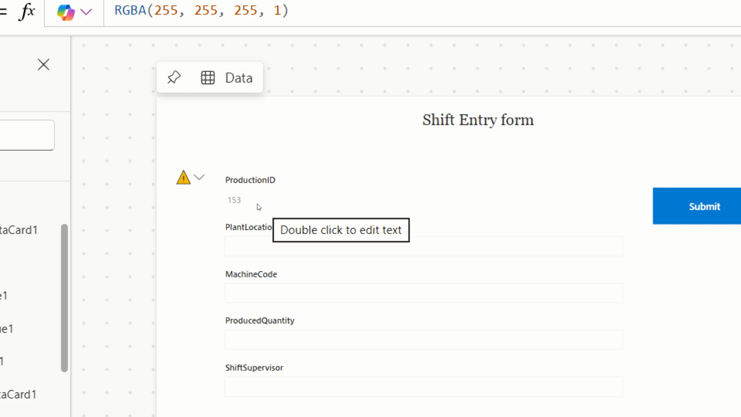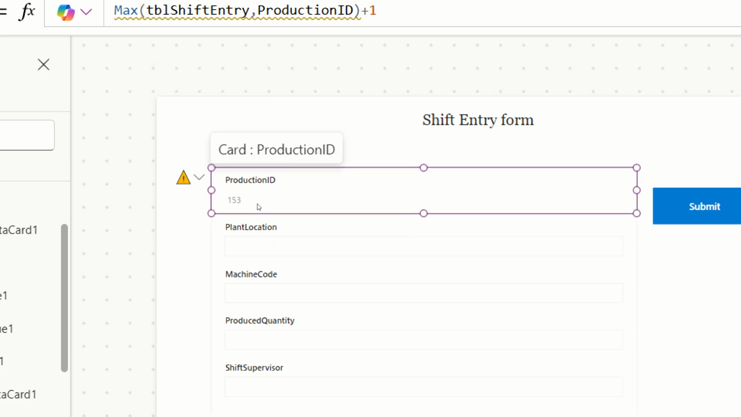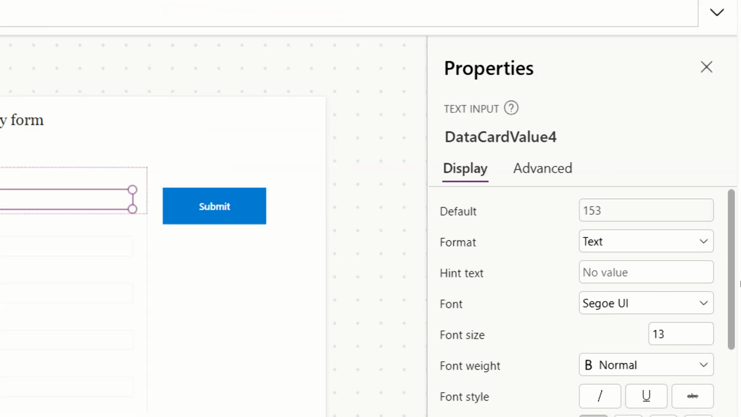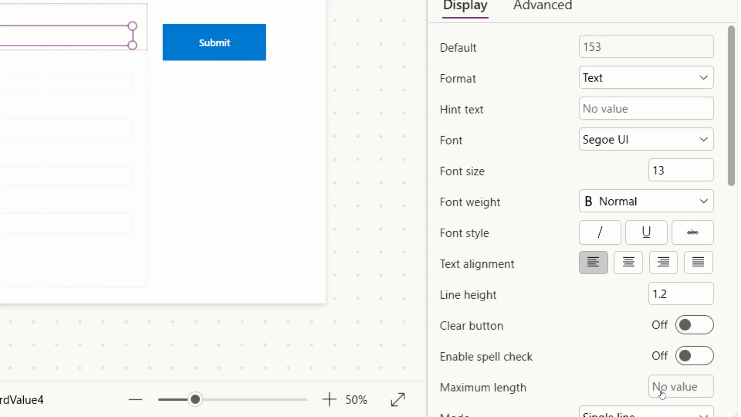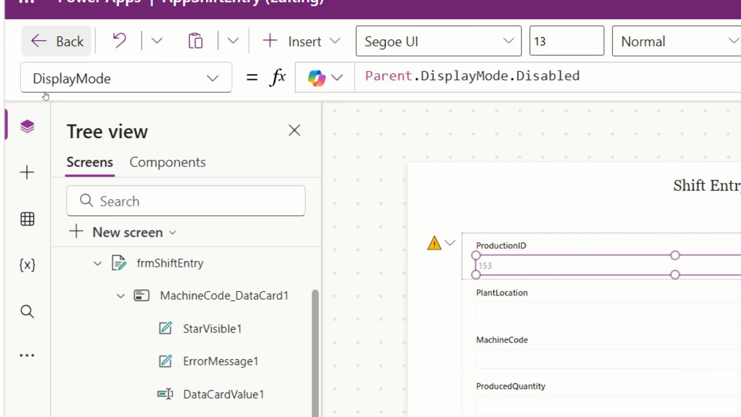Before that, after typing the production ID, I selected it and went to the display. Under display, I went to the display mode, or you can go here, select the display mode, parent dot display mode dot disabled. It should be disabled. It should not be enabled. It is disabled. Then